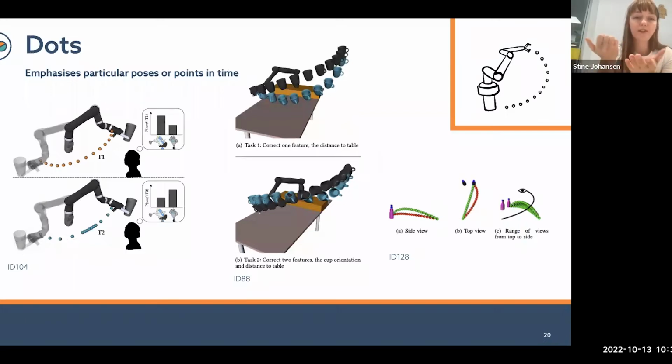So another way to do something similar is to use what we call dots, but as you can see in the middle picture, it could also be using pictures of objects throughout time. What's really interesting about this visual style is that you can use it to show particular poses or points in time. So if you look at the left side illustration, you can see how the movement actually progresses,